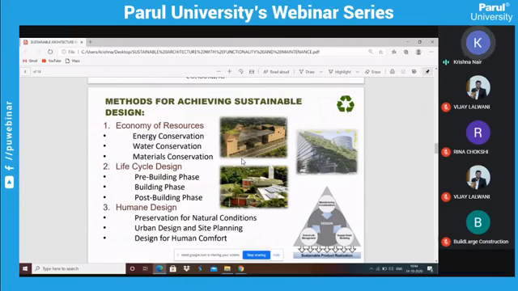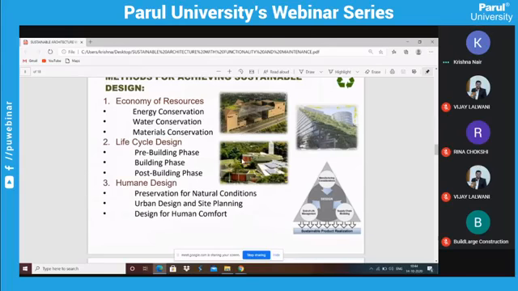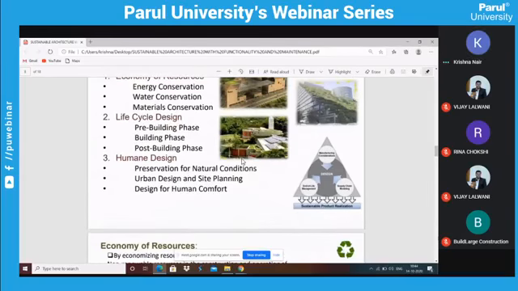Right from where the raw materials are being extracted, either from the ore, and supplying it, transporting it to the site, to the procedure of construction, and reusing those things, limiting the wastage of those materials, and human design. A design should be such that the design part will be very well explained by my